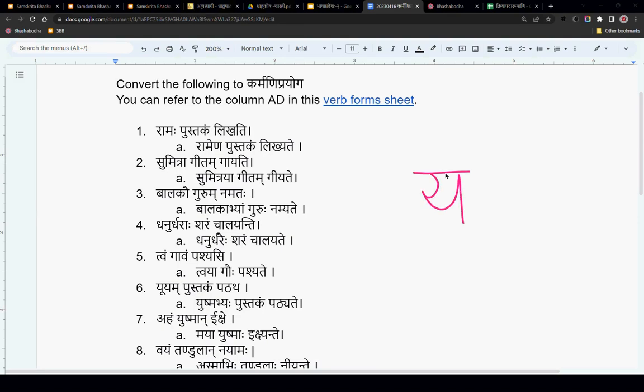Ya is the special pratyaya which is added to the dhatu when we want to use it in the karmani or bhave. So likh plus ya plus te. That is how it is going to become now.